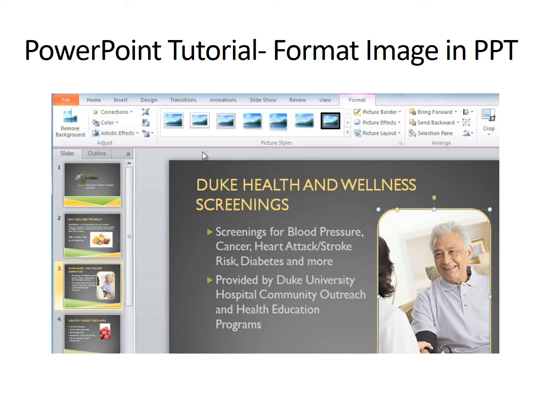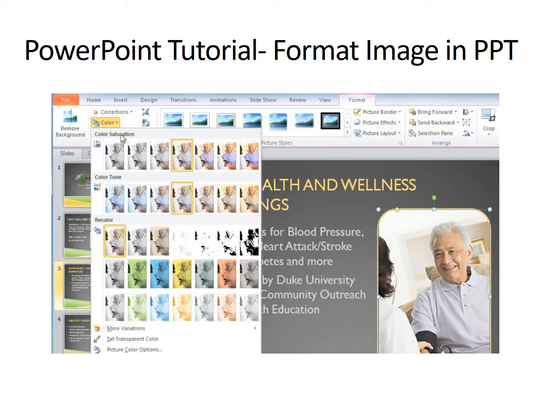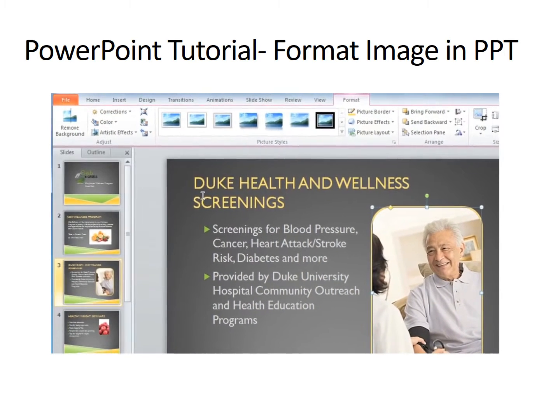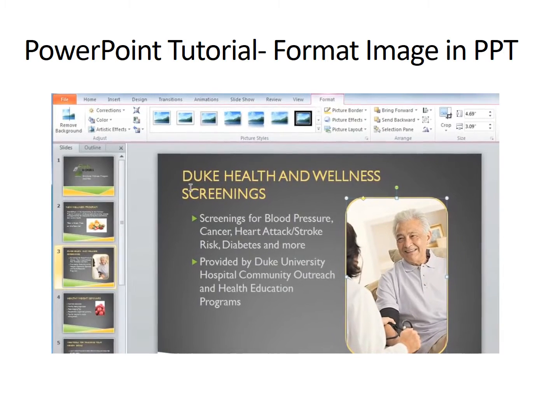If you want to adjust the color, you can just go to the Color command. And here you can adjust the saturation, the color tone, or you can even recolor the image. I'm going to adjust the color tone to make the picture look a little bit warmer. I think this picture looks good now, so I'm going to go through and see if any of the other